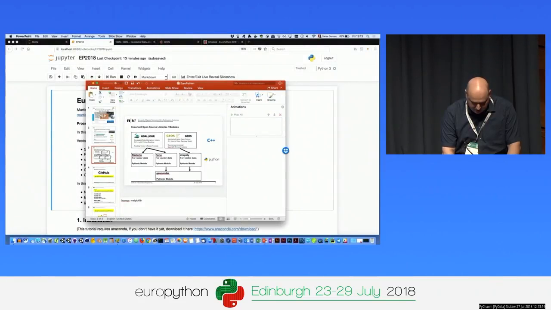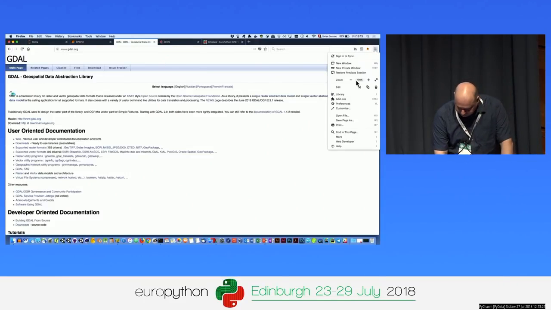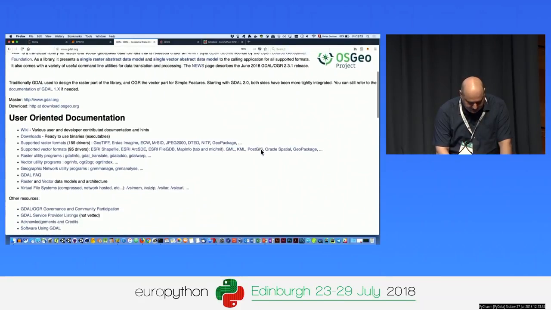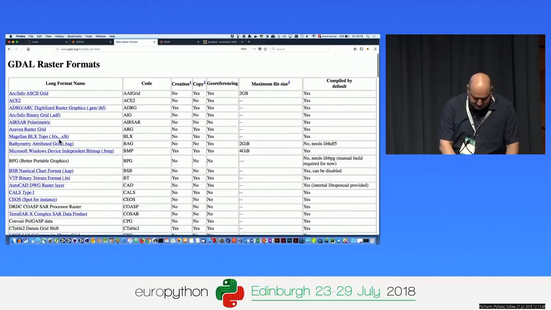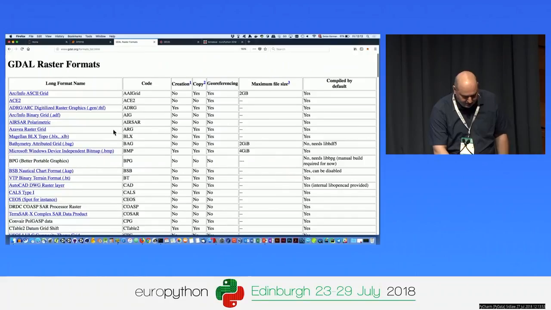But before I come to the libraries, I want to show you what exactly GDAL does. A little bit small, but I can make it bigger. This is the official page of GDAL, the C++ library with the Python bindings. And you see here there are some 155 different raster formats supported and 95 vector formats. And if you open the list, you see there are tons of these raster formats. Some you may know a little bit. For example,